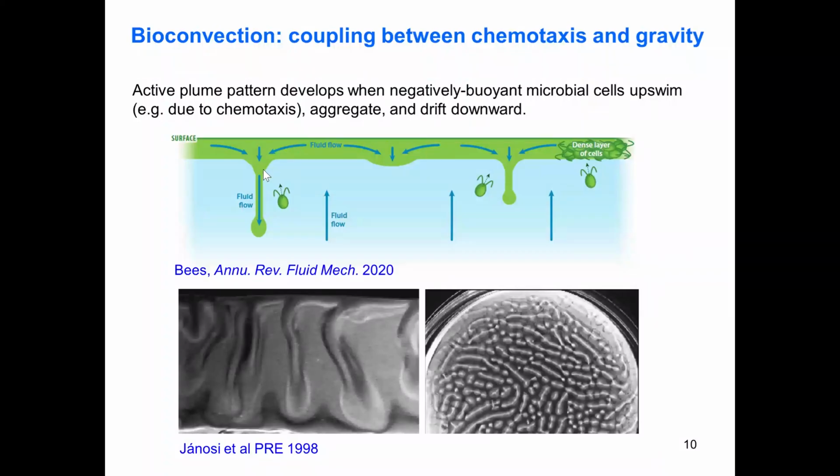So this would generate a flow circulation, and this flow circulation can lead to the self-assembly of a pattern that looks like